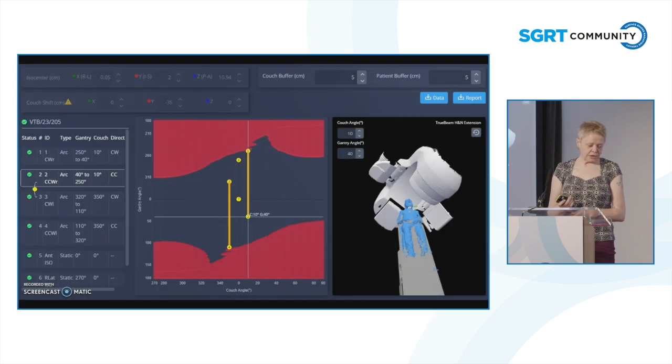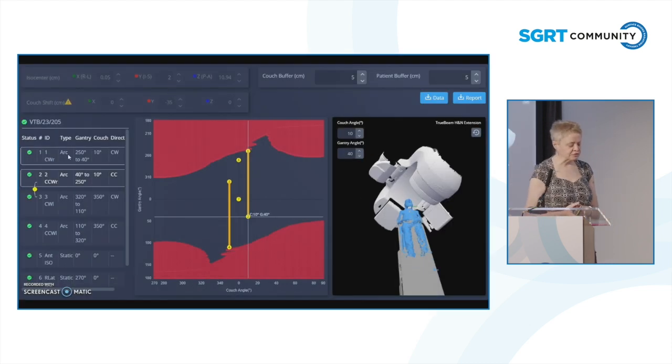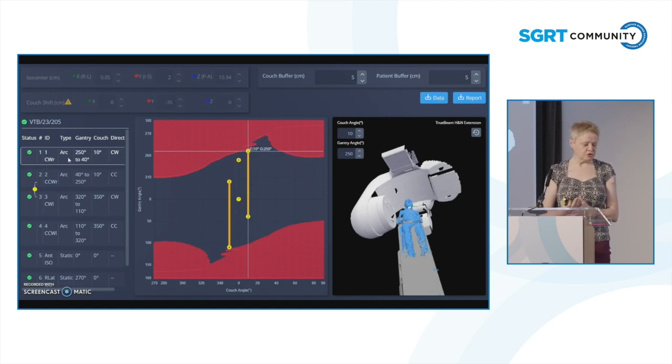So will this one play? Yeah, so software in action. So you've got all the parameters you can change. You can look at your gantry angles, you can look at your fields, you can check that it's not going to collide. But what you can also find out, this yellow cross here shows you that even though the fields